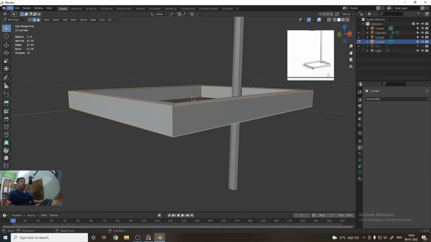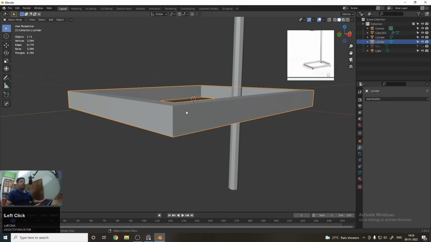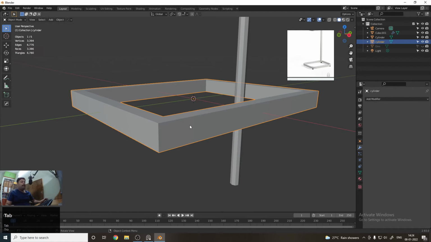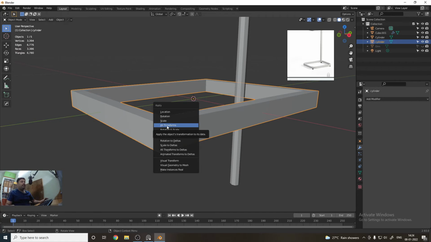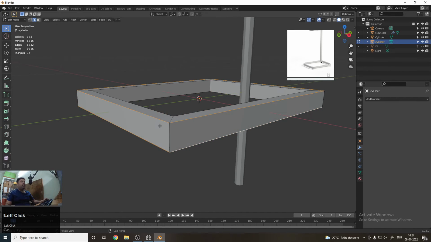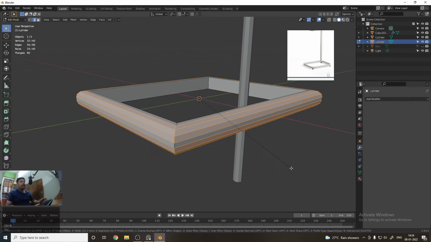So to do this, you can click here and choose the object mode, and to edit it, you can go to the edit mode. So now I want to go to the object mode. You can press Tab again and press Ctrl A, and you can see all transforms. Click on it and then again go to the edit mode and then try to bevel it. Now it will come. So you can see that the bevel is coming in this manner,